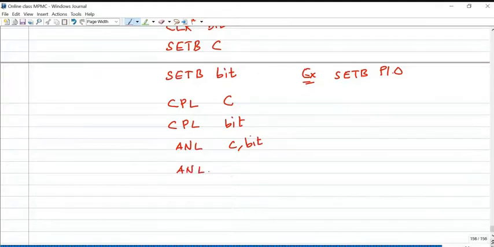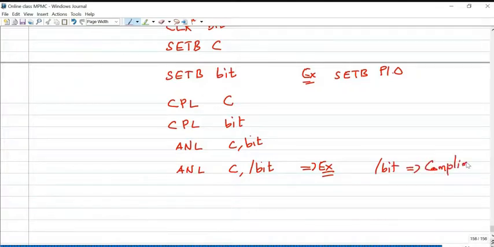Next, ANL C comma slash bit. What is the meaning of this instruction? Logical AND between the carry flag and the complement of the particular bit. This slash symbol indicates the complement of the particular bit. Take the complement of the particular bit and then perform the logical AND operation with the carry flag.